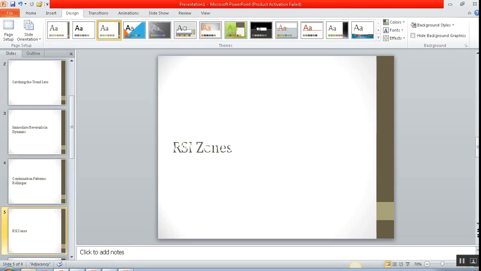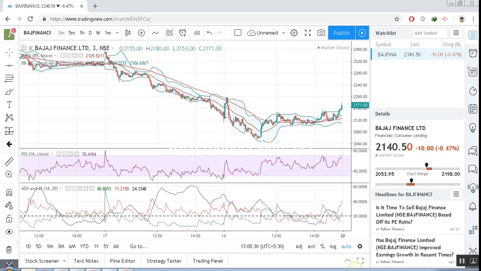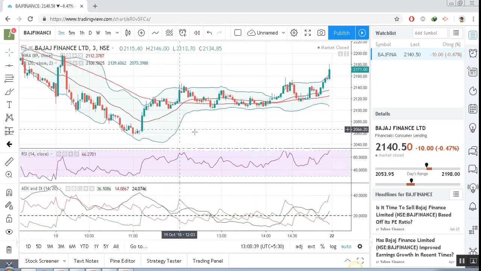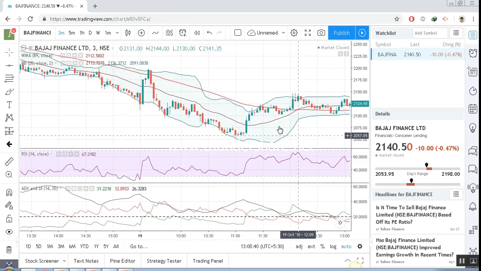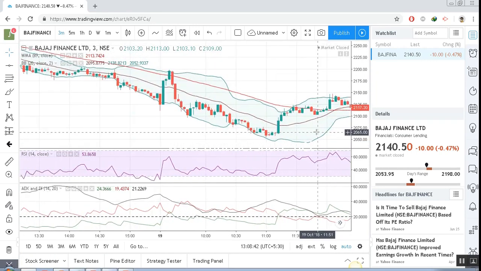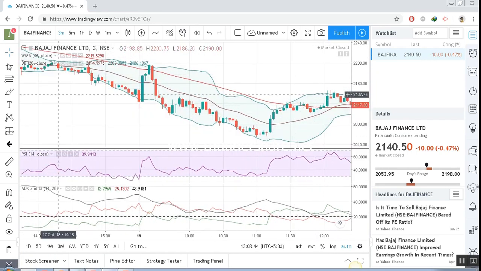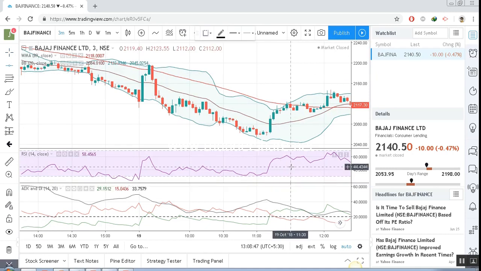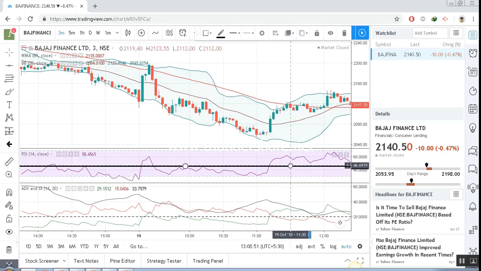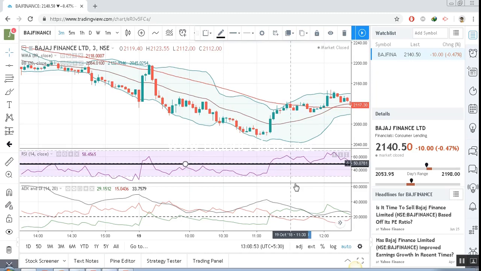About the RSI zones, we have to make sure that the RSI is visibly above 50. Visibly above 50 for a buying trade and visibly below 50 for a selling trade. If you see this particular example, the market is ranging, and we will talk about how to avoid ranging markets. But if you keep the RSI at the 50 zone,